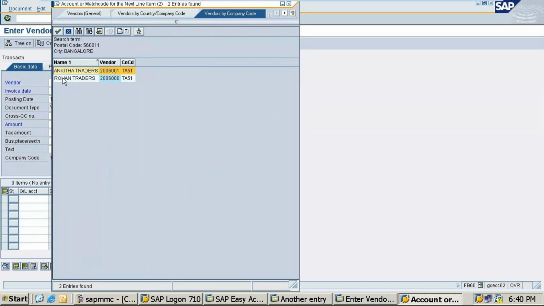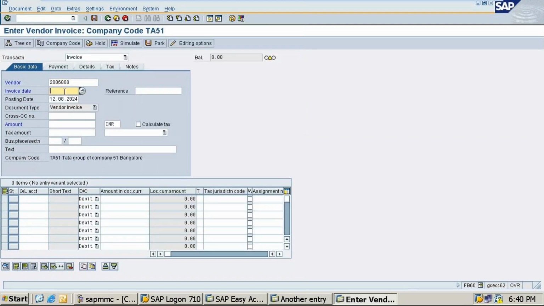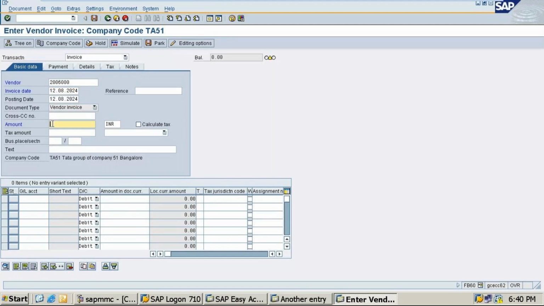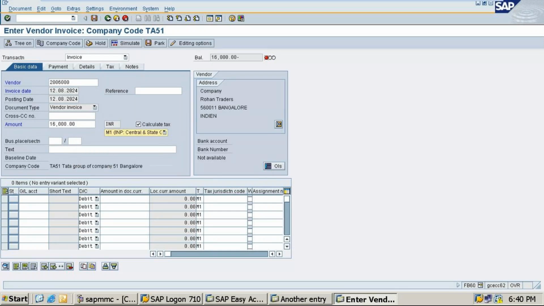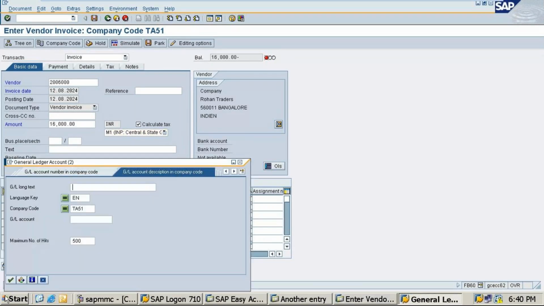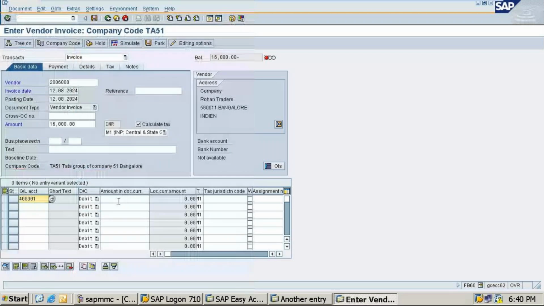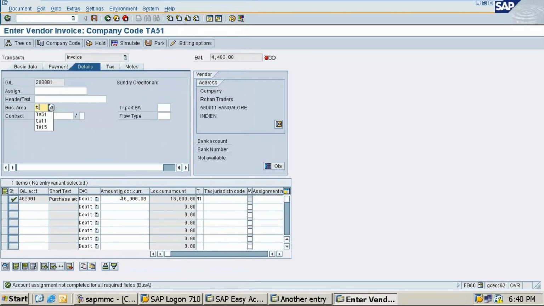So I'll take Rohan Traders, invoice date. Let's take for Rohan Traders 16,000. Calculate the tax. So it is your purchase account, amount 16,000. Press enter.